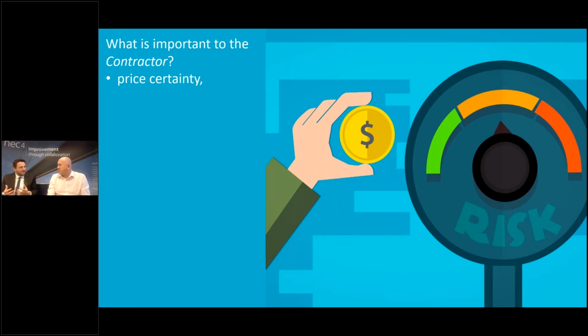And I think that works, that chart, because it's suggesting that priced contracts are low risk for the employer and high risk for the contractor. And in this case, contractor, subcontractor. But I think that's only one side of the story, because of course, for value for money, you might fix a price and then not need it because the risks never come to fruition, or the uncertainty never comes to fruition. So I think understanding what's really important, this is a key question before we can go into a proper procurement. Of course, there might be a balance of the two that you want to achieve, and then we could start looking